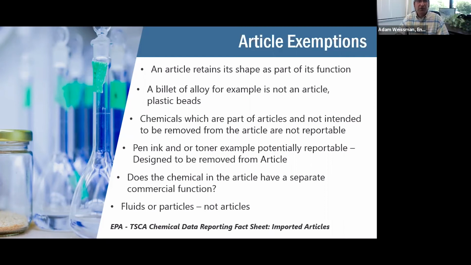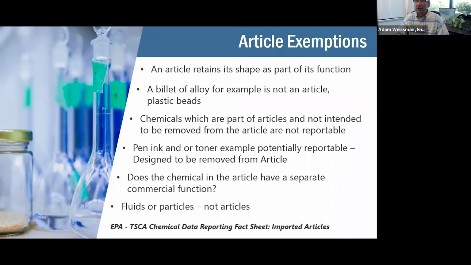This is a fairly simple one. Per the federal definition, an item which exists solely in a fluid, including a liquid or gas, does not have a definitive shape, and therefore doesn't meet the elements of the definition of an article under 40 CFR 704.3.